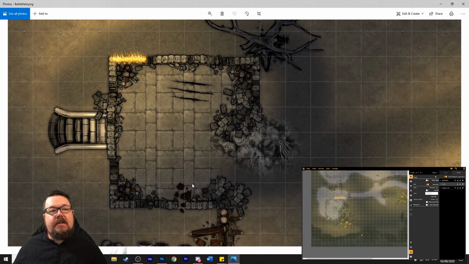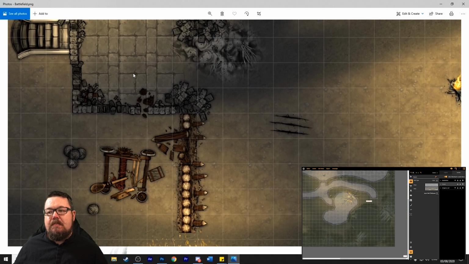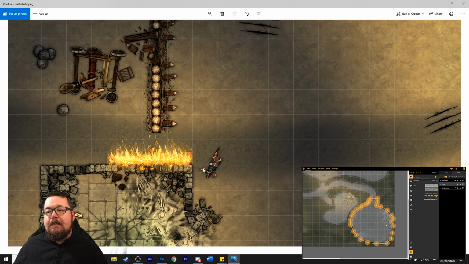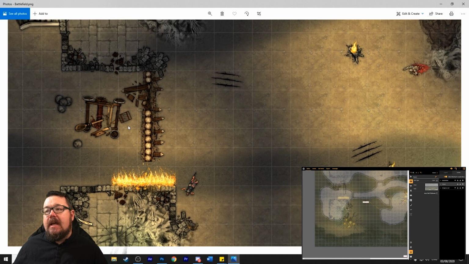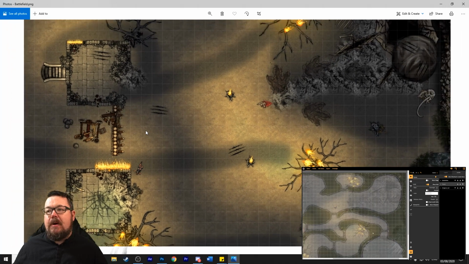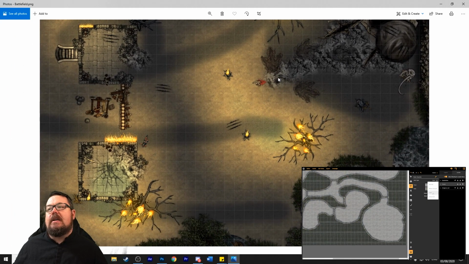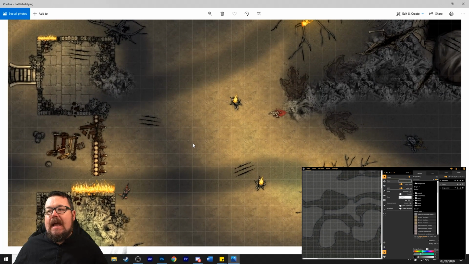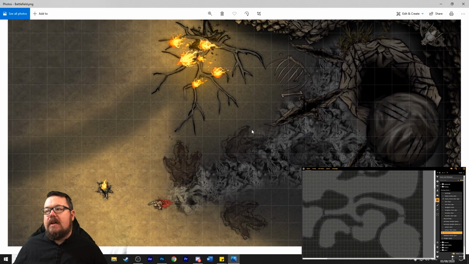So they're going to start in this ruined tower, having taken cover from the dragon who's been breathing these lines of fire, burning up everything and just causing absolute chaos and mayhem. As a matter of fact, I even did the flight path of the dragon. You can see he comes in, he burns a line, he then burns a line, he turns around, burns another line, turns around, burns another line, and then of course lands here